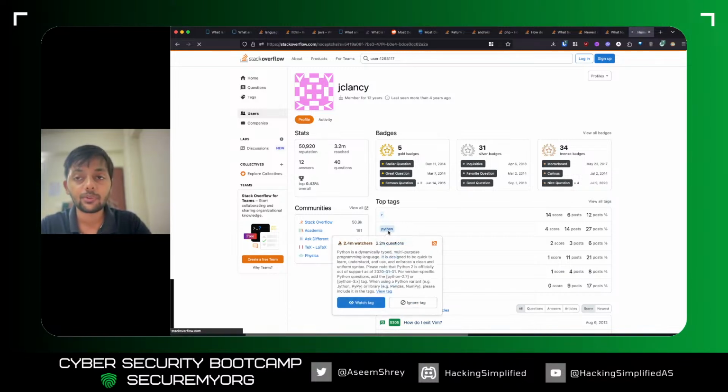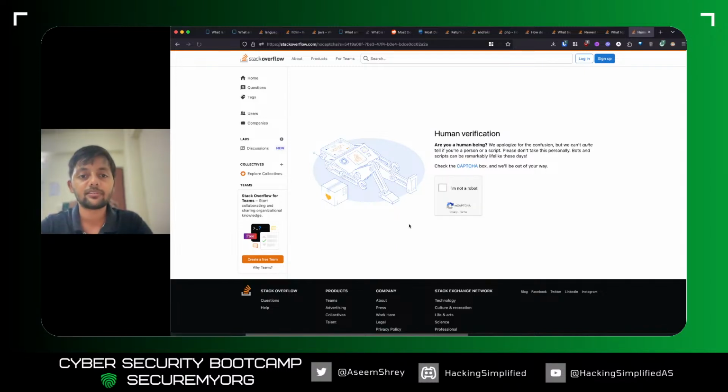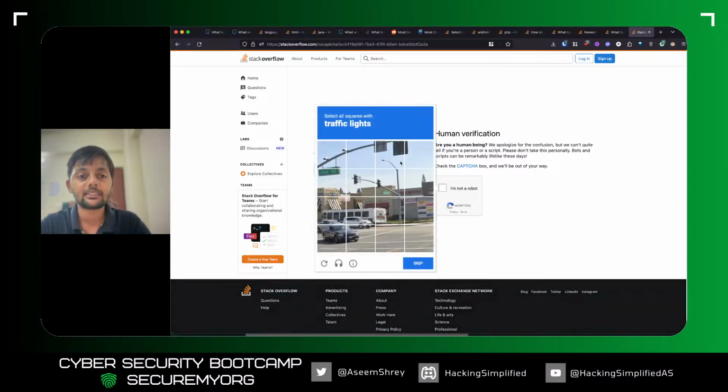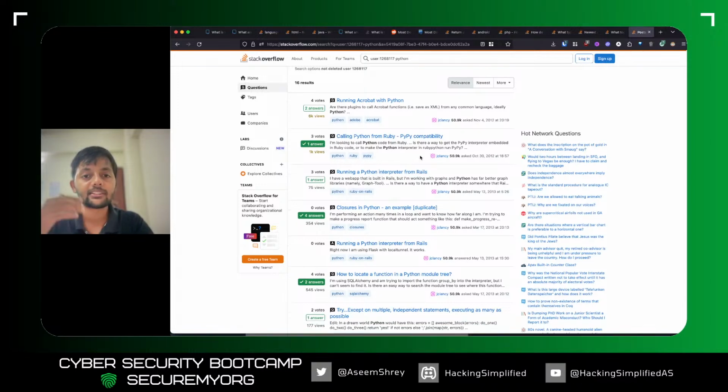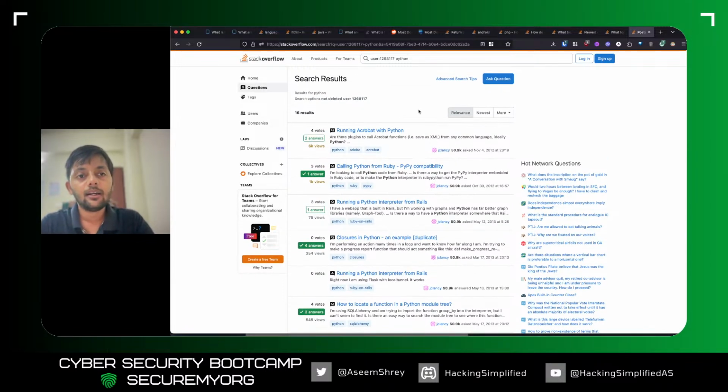Let's say if you want to ask or answer questions for a certain type of thing, then you can use the tags to filter and see the recent questions. Once you answer questions, you can also go to the top of the leaderboard. You have more points. All those kinds of things are there. So that's about Stack Overflow.